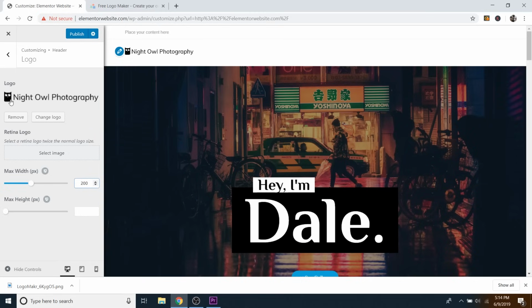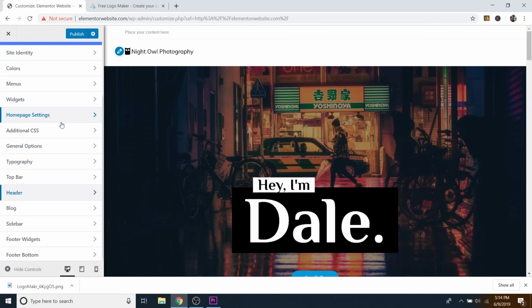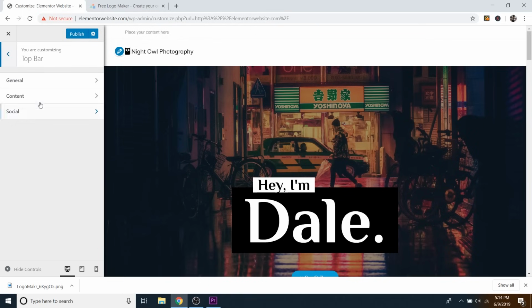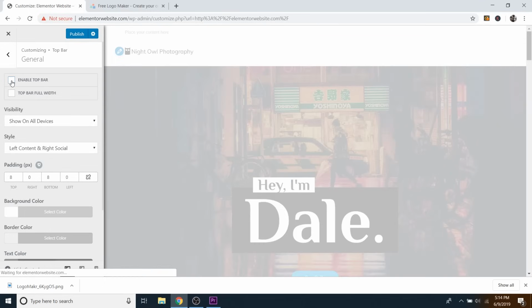And I just noticed it's a different owl than the one that I just showed you how to make, but that's okay. And you can see we've got this little bar up here that says place your content here. If you want to get rid of that, that's just a top bar. You can add some extra widgets to that through Ocean WP, but I honestly don't use it, so let's just go ahead and get rid of that. So just click on the little back button and then back one more time, and then go to top bar,